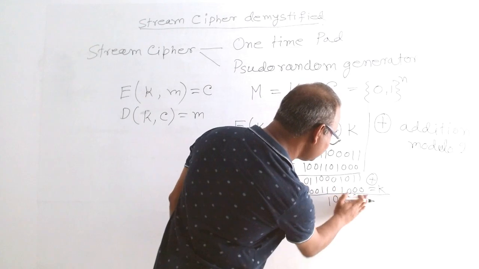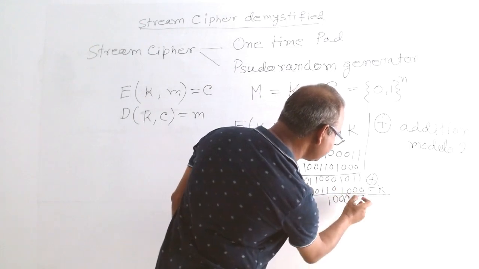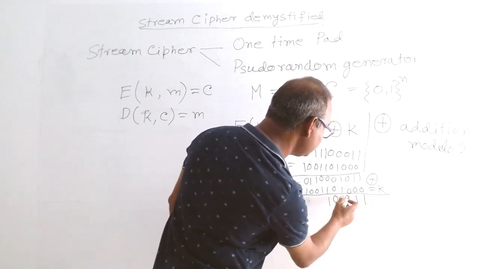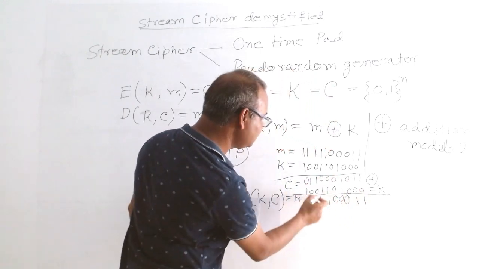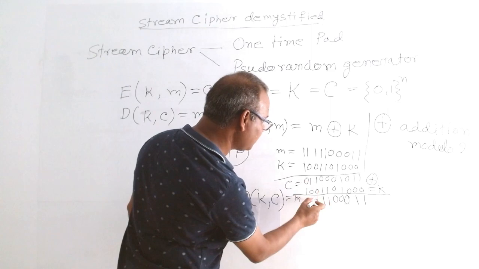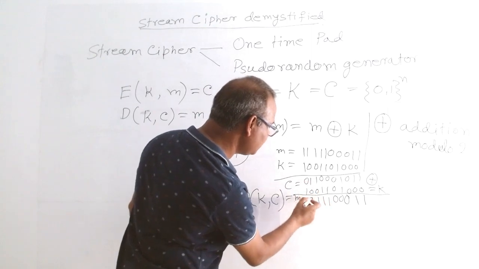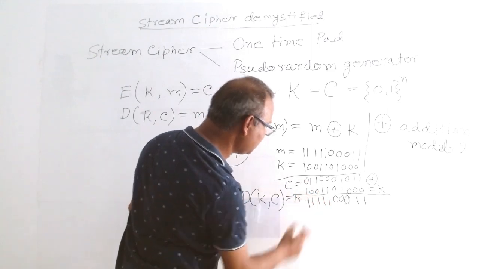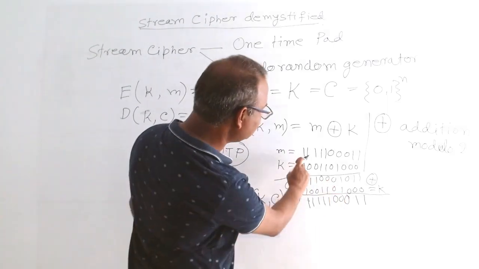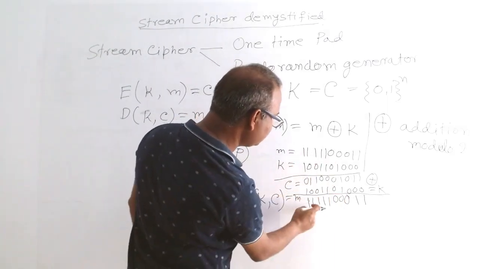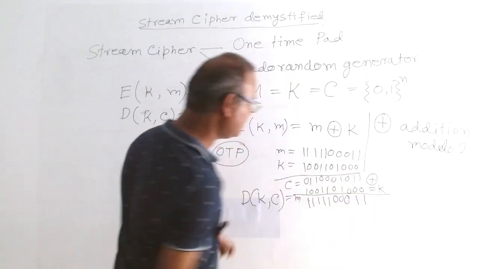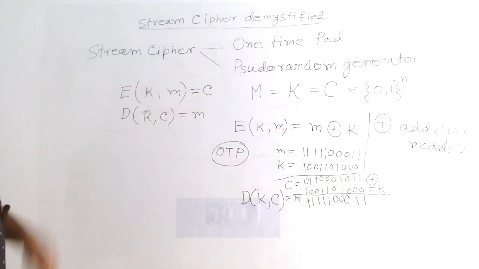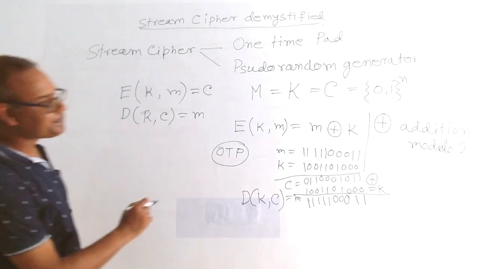Sorry, these two are wrong. This is 1, this is 1 0 0 0 1 1 0 0 0 0 0 1 1 0 1 1 and 1 0 1 1 0 1 0 1 1. Is this the same message? So the decryption algorithm is again